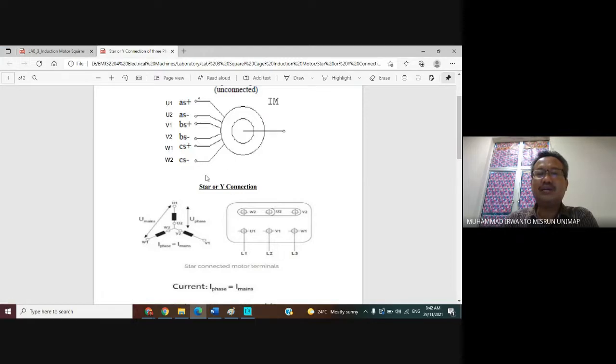For example, we want to do it using the star or Y connection. It is the same for the real motor.